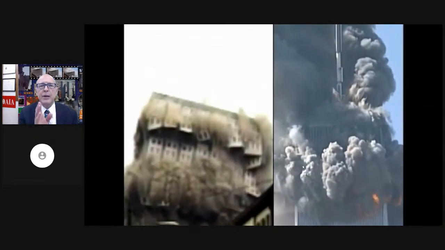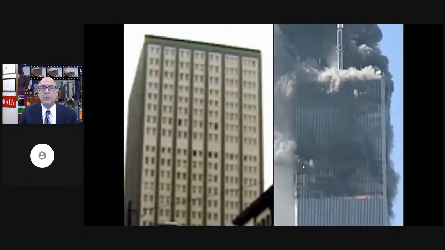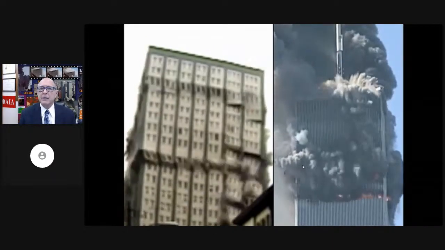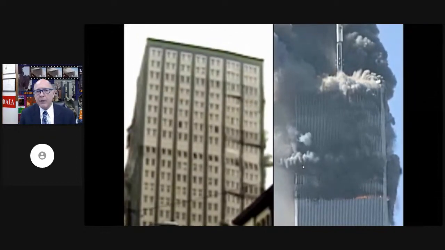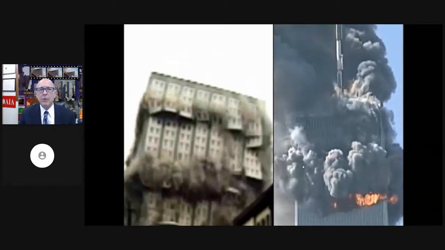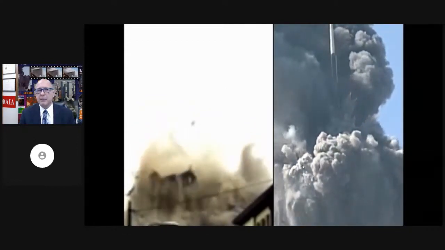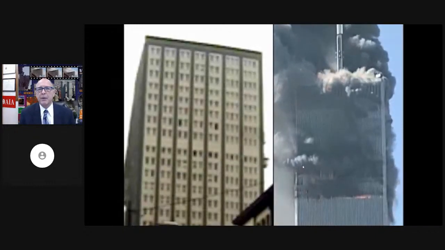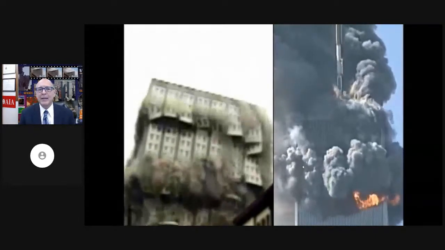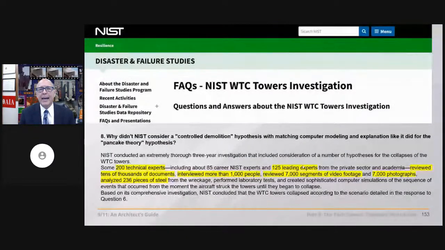Is there enough similarity to warrant an investigation into the possible use of explosives, especially since it looks exactly like a controlled demolition, especially since fire, the official cause of this building's collapse, has never brought down a skyscraper? Should it not have been the first hypothesis that NIST came up with, rather than relegating it to a series of frequently asked questions, very frequently, published years later on their website?